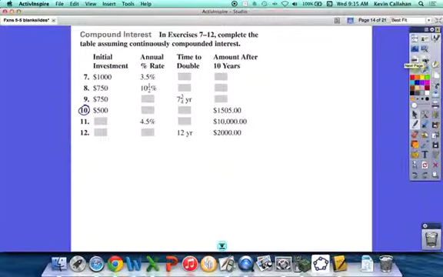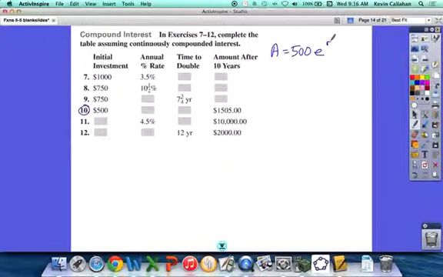Okay, let's say the number 10. Now we've got two different pieces of information. We've still got the initial investment, and now we've got the amount after 10 years. Okay, so let's see. What I can fill in right away is I can say that A equals 500, because that's the initial,